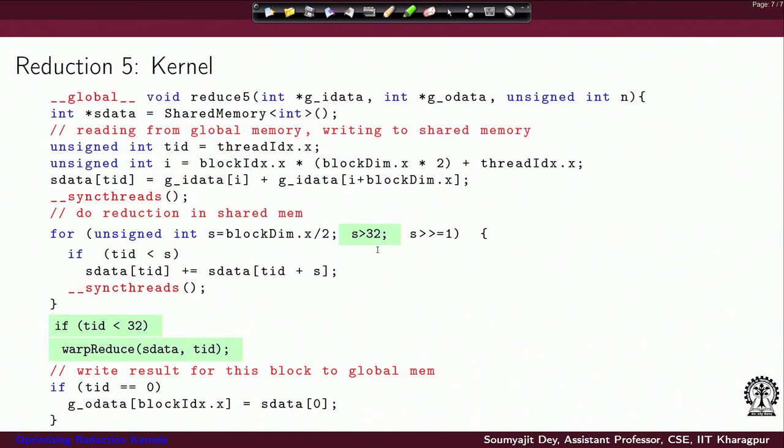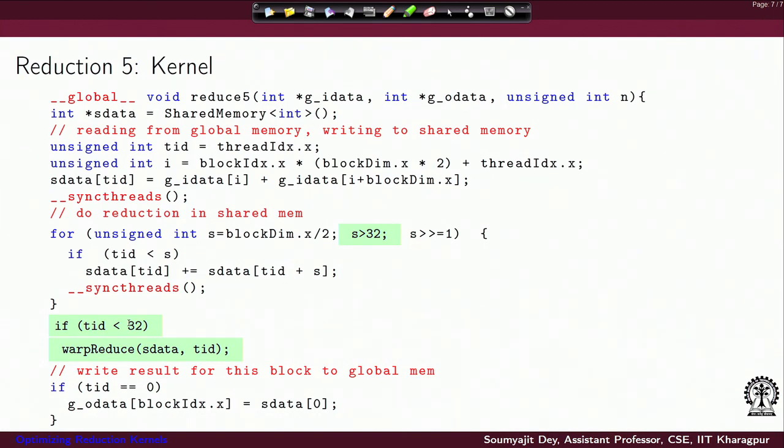Now I make every warp go through this for loop as long as the stride is greater than 32, but once the stride variable decreases to less than 32, I do not let the threads get into the loop at all, and I just make a call to this warp reduce function for all threads with the TID less than 32, and forget the other threads here.